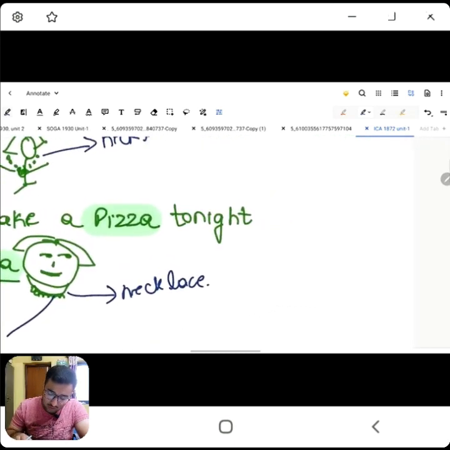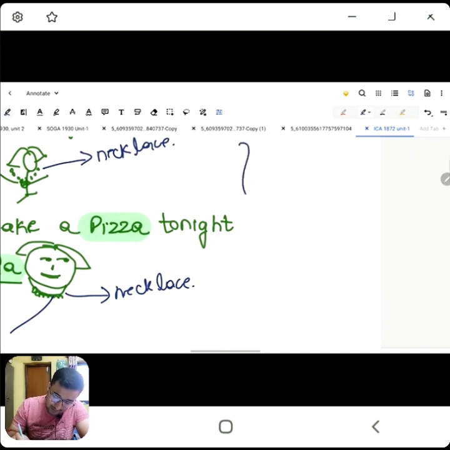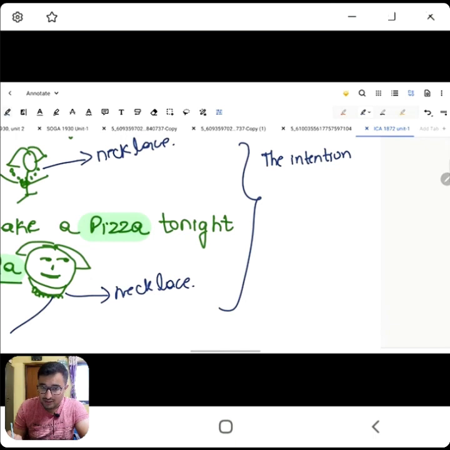Obviously not. Why? Not because she's Mother India, but because of the intention of this particular agreement. Be very careful with the words that I'm using. I'm not yet using the word contract. I'm still using the word agreement. The intention of this agreement